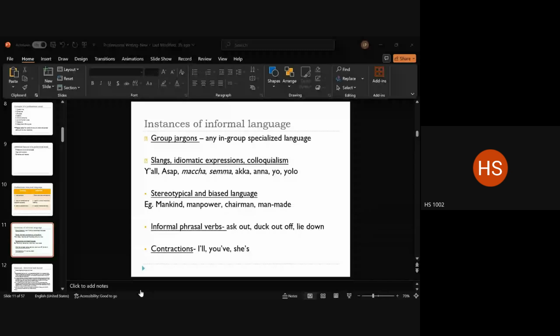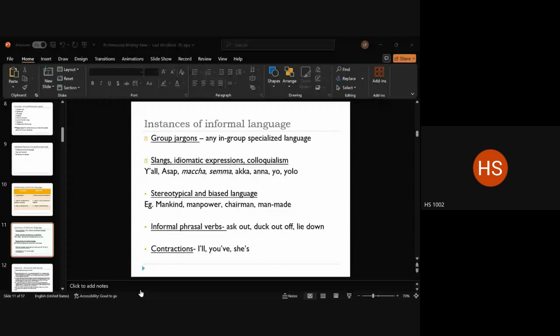This kind of language is not allowed in professional setups. Why? Because of the same reason. It is ambiguous, it is vague. I don't know what it means. If that figures in my document, I'll have to call back and ask what this meant, right? While the example that you gave was more conversational in nature, even in written language, people can come up with abbreviations or short phrases like the one you had, which could completely lose meaning for an outsider, right? So group jargons are one instance of informal language use, and this is not allowed in